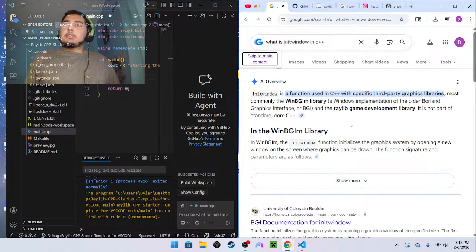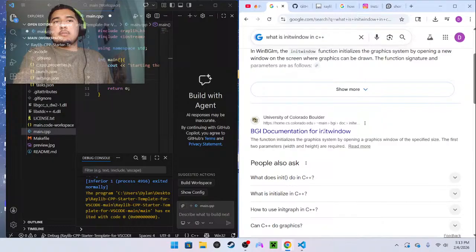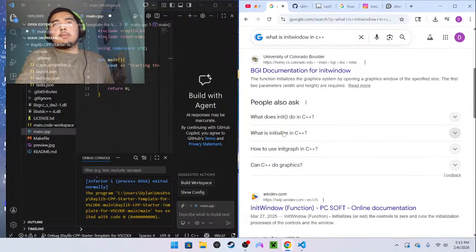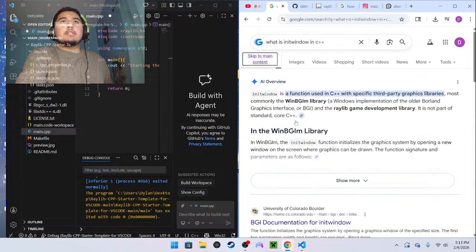A Windows implementation of the older Borland Graphics Interface, or BGI, and the Raylib game development library, is not a part of standard core C++. Okay, it's something that came with Raylib. I guess that's giving you the ability to make that little window pop up. Good to know.